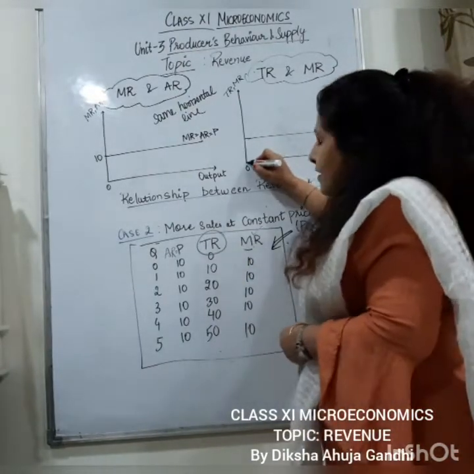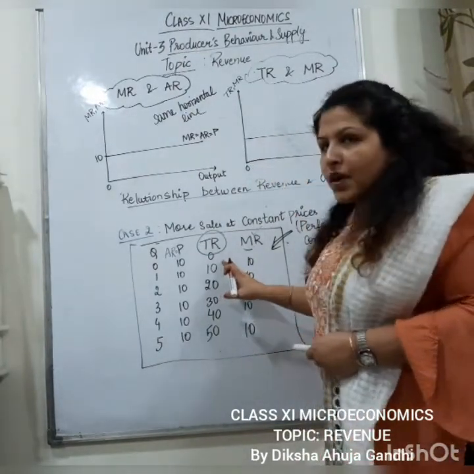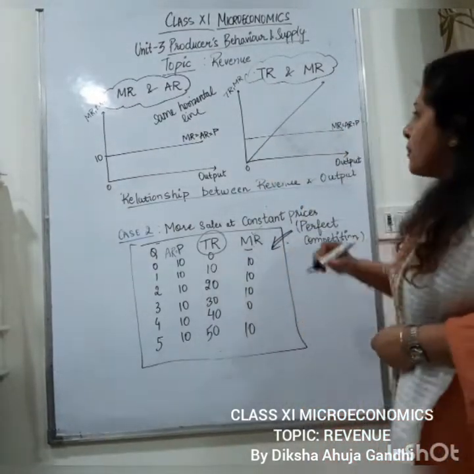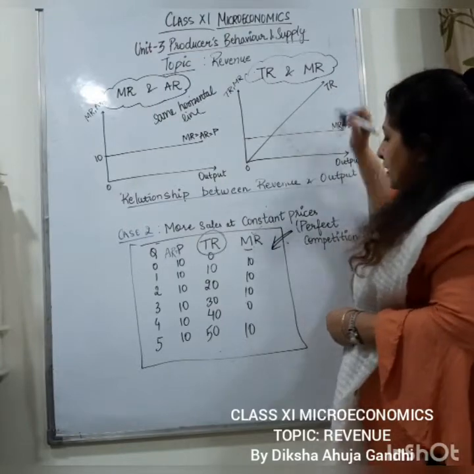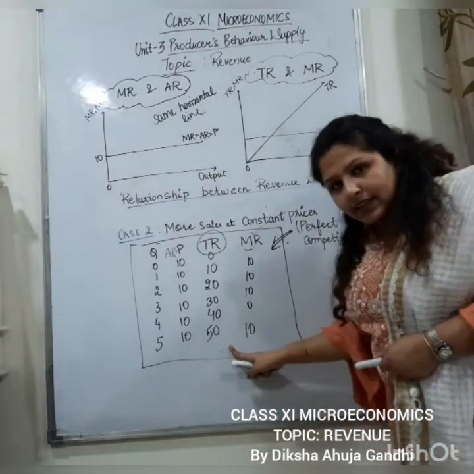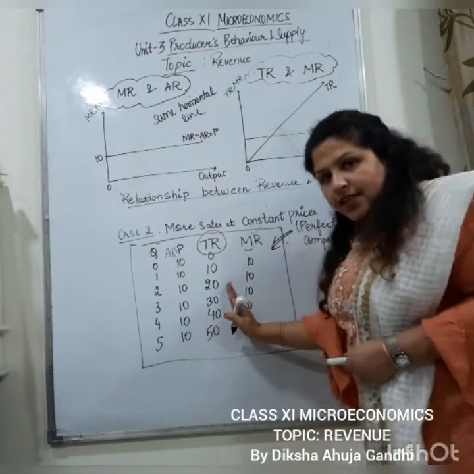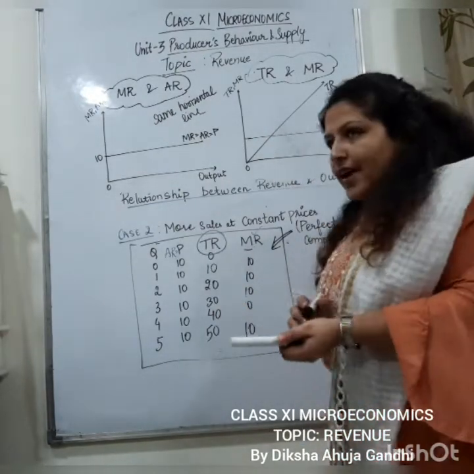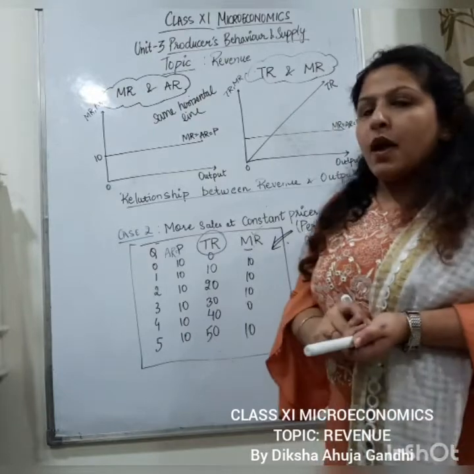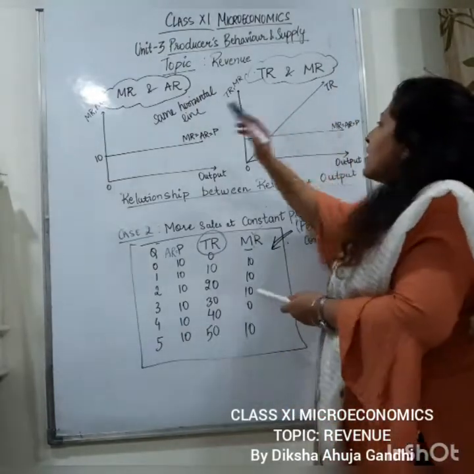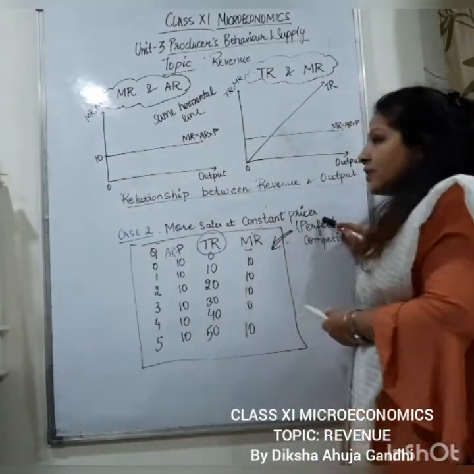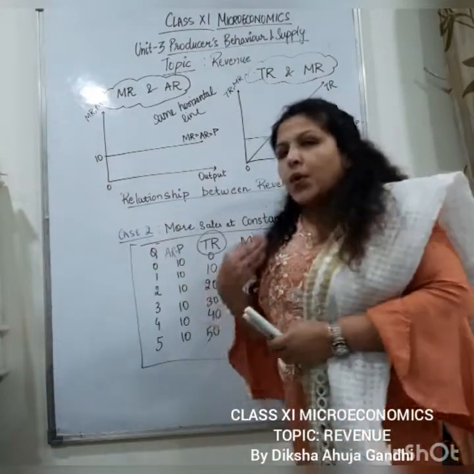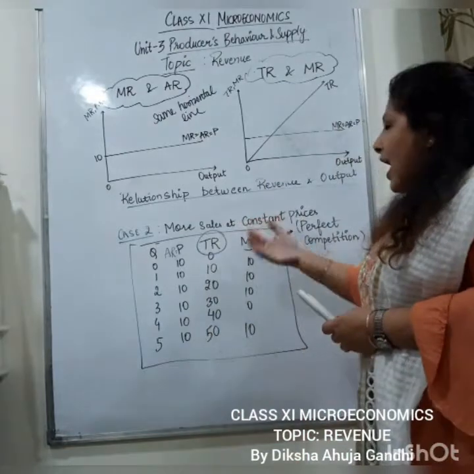So can you say when the slope is constant, when the curve is increasing at a constant rate, the line is a straight line, an upward sloping straight line. So TR will be increasing at a constant rate. Nature क्या है इसका? TR is increasing at a constant rate and represented by an upward sloping straight line. So this is the relationship between TR and MR and AR and MR under which competition? Perfect competition. Let's do our case 3 where the firm is able to sell more at lowering the prices.